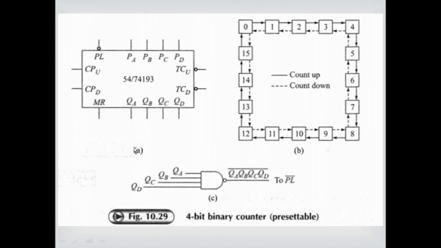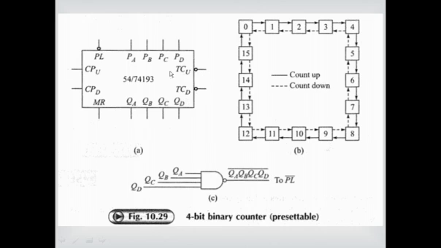But here it is a binary counter, 16 raised to 0, 16 raised to 1, 16 raised to 2, 16 raised to 3, like that a different counter, progressing from 0 to 15. That means total number of states are 16. So, this is a modulus of 16 counter, remember. Every 16 clock pulses, one pulse is going to be generated, and that one pulse will be given to the successive counter, and every counter will get one pulse after 16 pulses which is coming out from either TCU or